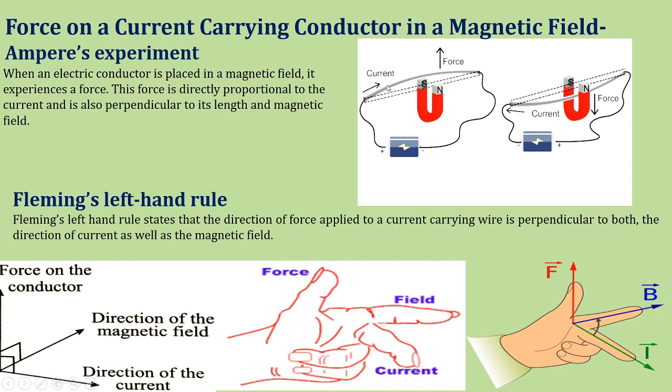This is a conductor, and it is placed in a magnetic field, that is, we have used a U-shaped magnet. This is the north pole, this is the south pole, and current is flowing from this side to this side. So it will experience a force upward, that is perpendicular to the direction of the magnetic field. The magnetic field is along this side, and the force is along this side. Similarly, if you place it inside the magnets, in between the magnets, then it will feel a force downward.